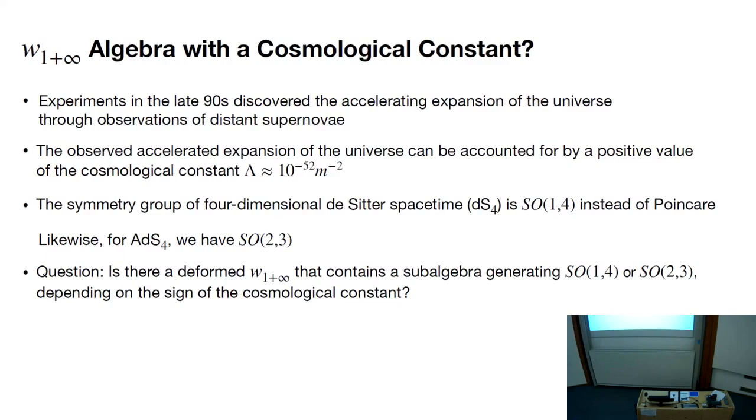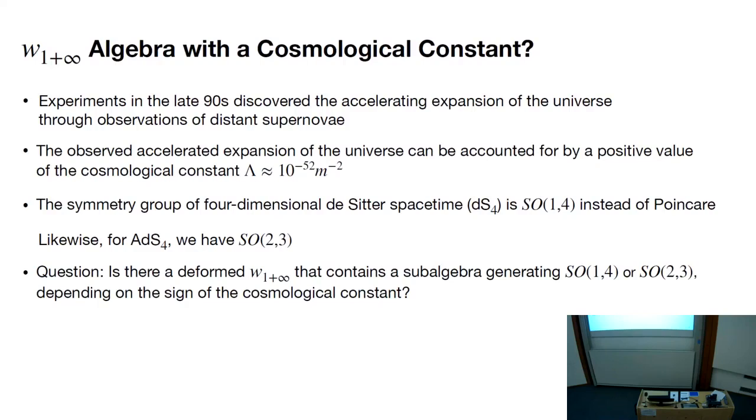But for us, we want to see if this nice algebra can get deformed into an algebra with a cosmological constant. So the basic motivation is that experiments have told us that our universe has a positive value of the cosmological constant. And if we think about a space-time with a cosmological constant, the simplest one would be de Sitter or